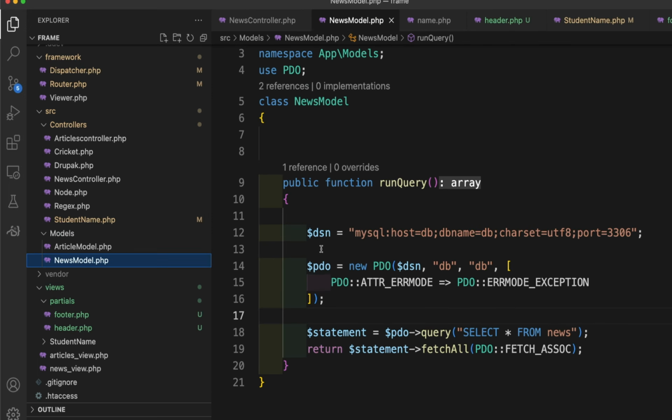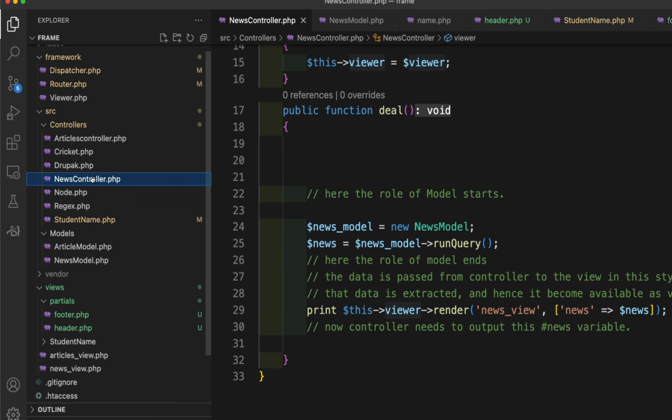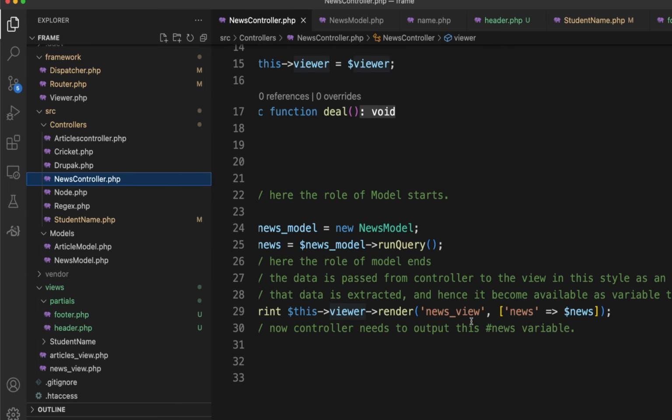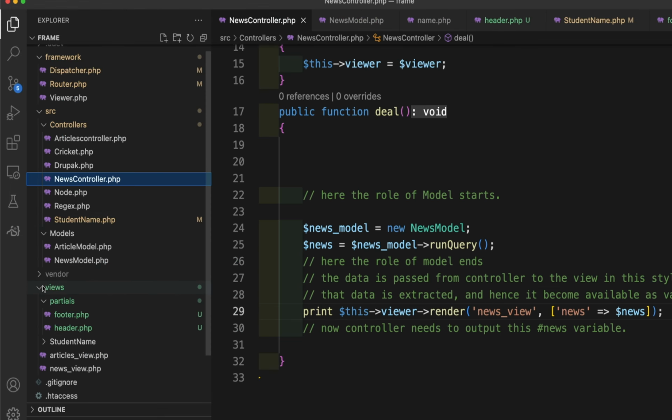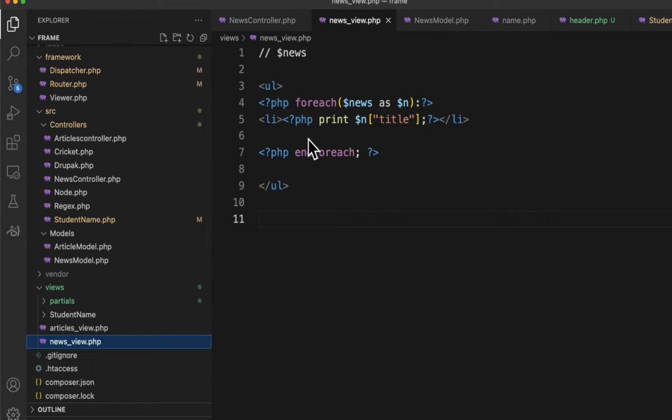It connects to the database, selects all records, then returns the records. And in the news controller, here we are using the view render system, and the news view is being rendered with news new. And here if you go to the view news view, this one here, it is being output. That's it, nothing